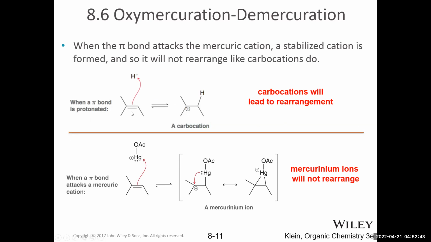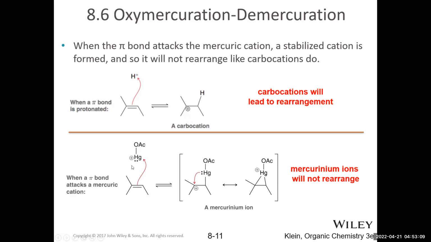So just like pi bonds do a proton transfer, where they act as a base and pick up a proton from a Bronsted-Lowry acid, such as sulfuric acid, pi bonds can also act as a nucleophile, or you can think of it as a Lewis base attacking a Lewis acid. So they attack the electrophilic